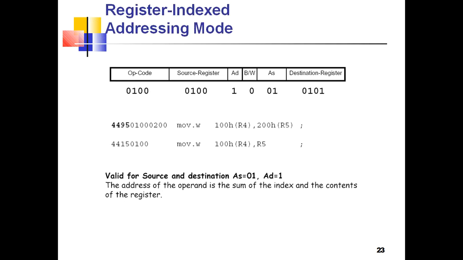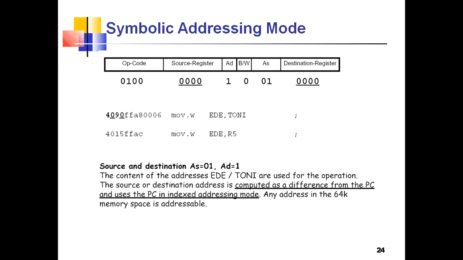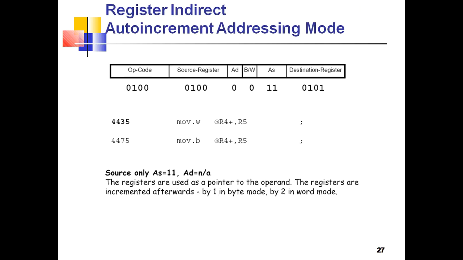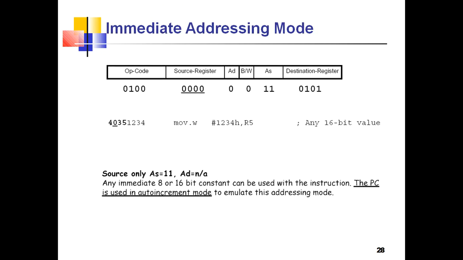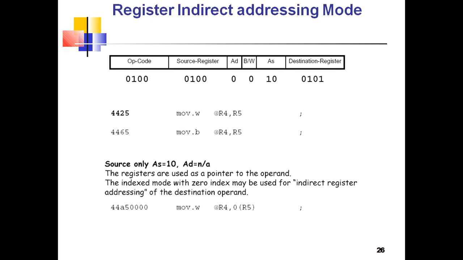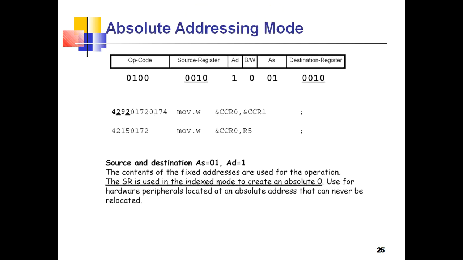This all I explained with the examples. Okay, how it is going to be used in programming. Absolute, register indirect addressing mode, register indirect auto increment addressing mode, immediate addressing mode. Okay, you can see here how it is going to access the data. I have given the examples, you just explain with the examples. Immediate addressing mode, register indirect auto increment addressing mode, register indirect addressing mode. I explain 2 examples here.